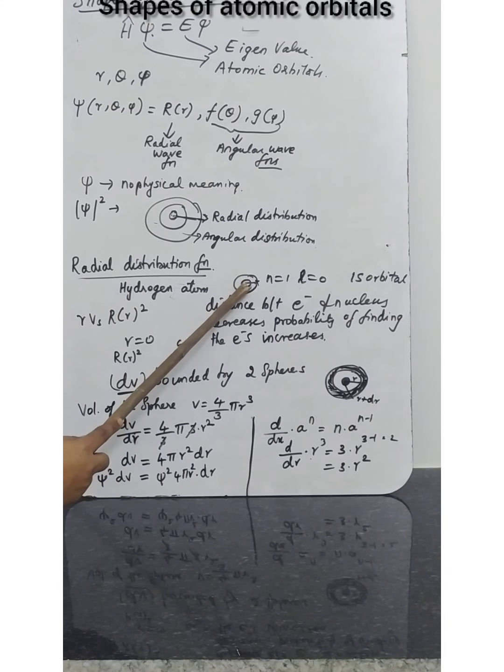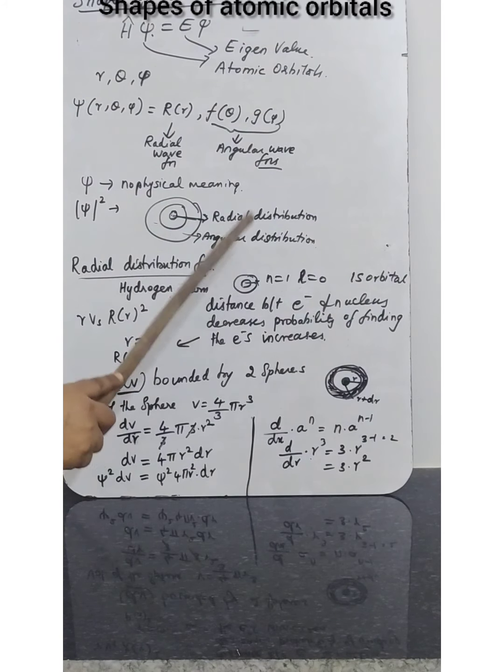Okay, so when the distance between the nucleus and the electron decreases, there the probability of finding the electron is more, or otherwise we can say increases. Understood? At R equal to 0, the value of R squared is maximum. So the maximum value for psi squared is at the nucleus only. That is, psi squared is nothing but the wave function. Okay, understood.